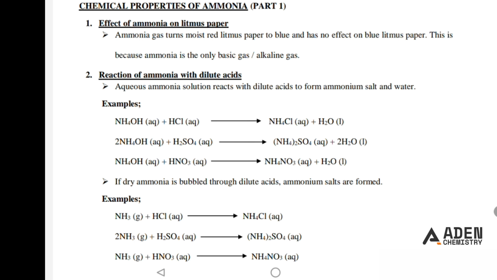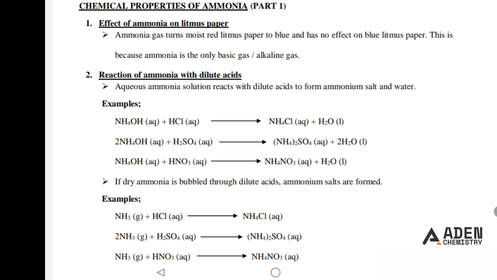Effect of ammonia on litmus paper. We're saying ammonia gas turns moist red litmus paper to blue and has no effect on blue litmus paper, meaning the blue litmus paper remains blue. And the reason for this is that ammonia is the only basic gas or the only alkaline